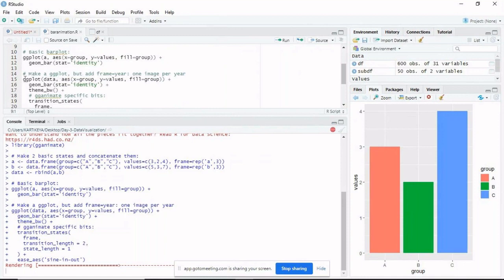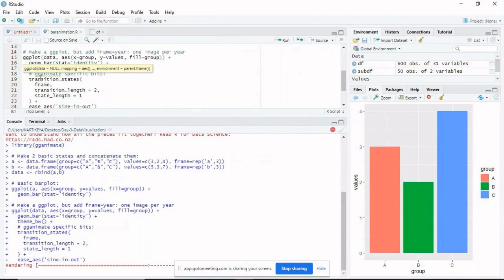In gganimate, these are the commands for this ggplot: data, aesthetics, which you already know. After that, what we have to specify newly is transition_states. So transition_states, we have to change frames, and we want the transition length to be equal to 2, and state length equal to 1. And the kind of easing we want is sine-in-out.